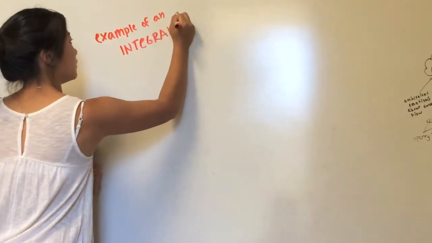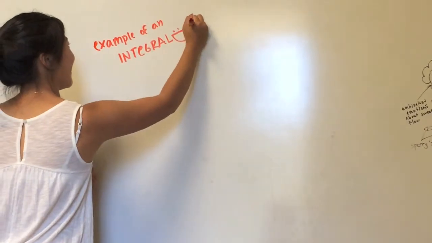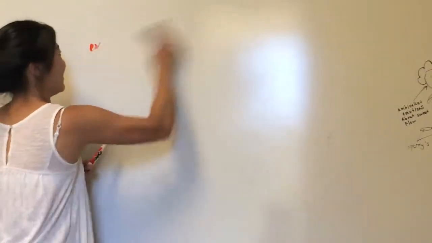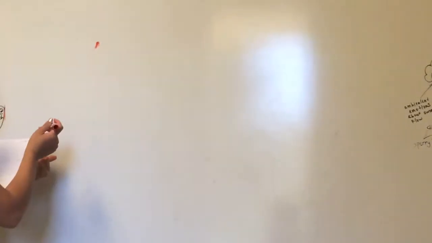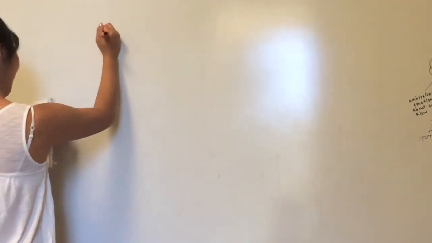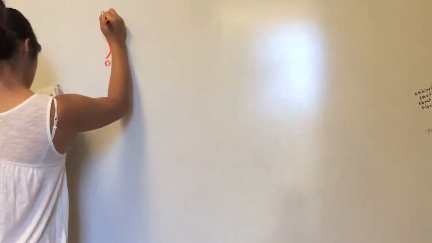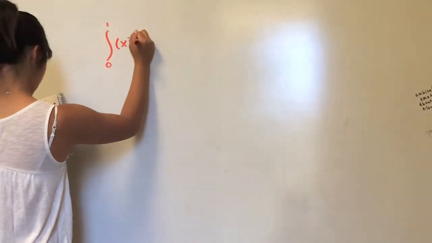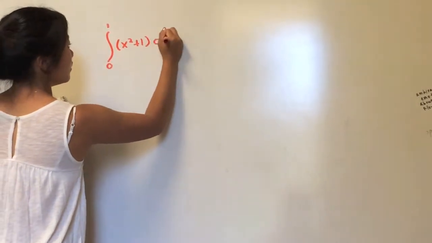So now that Marky Mark has explained to us what an integral is, let's try an example. For this question, our integral is going to be an integral from 0 to 1, which are going to be our a and b endpoints, and our function is going to be x squared plus 1, and please do not forget your